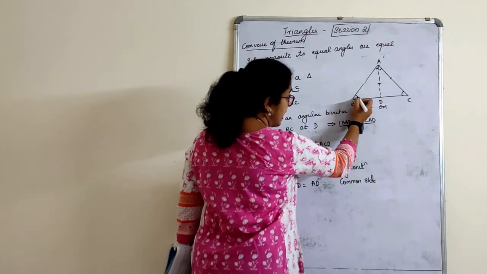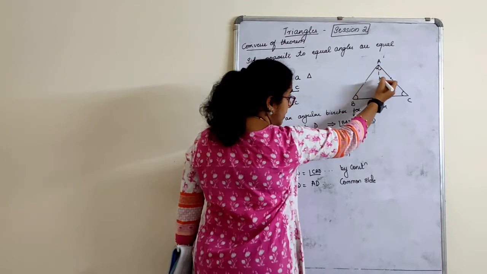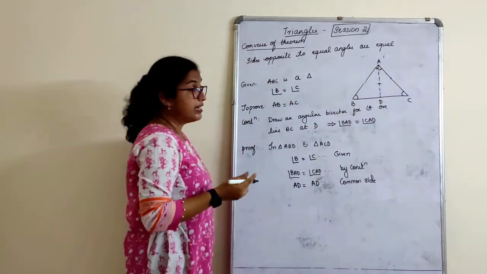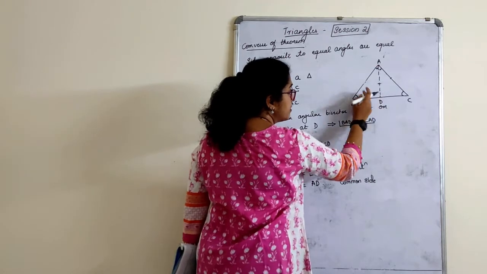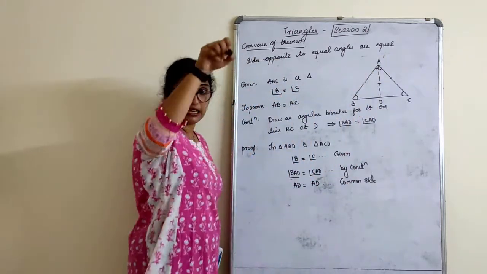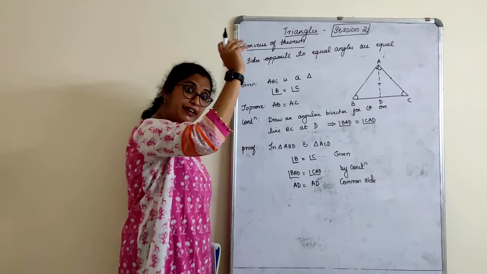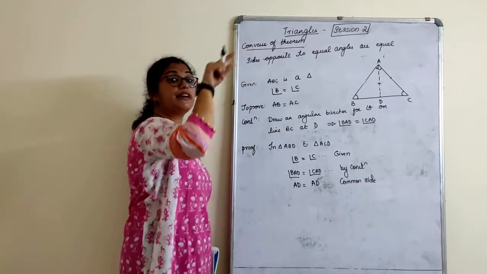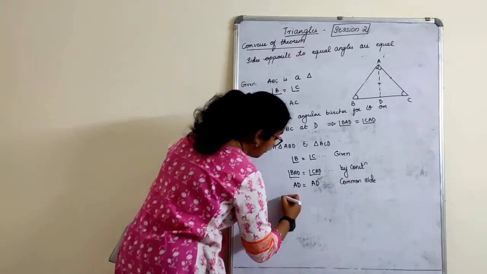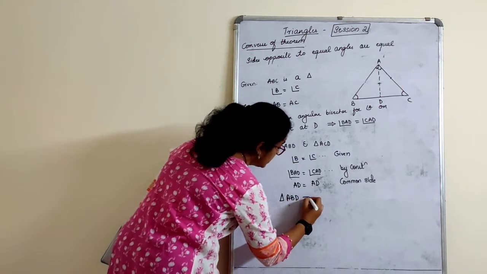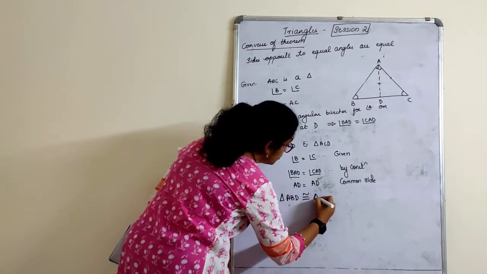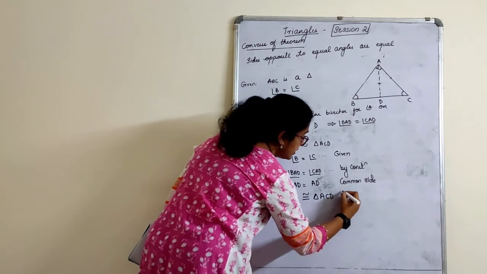I am reading first angle, I am reading again angle, I am reading side here, right? I can't be telling this as angle, side, angle because nothing is marked here. It should go cyclic. After an angle, what we have? We have an angle. After an angle, what we have? We have a side. Therefore, triangle ABD is equal and congruent to triangle ACD by